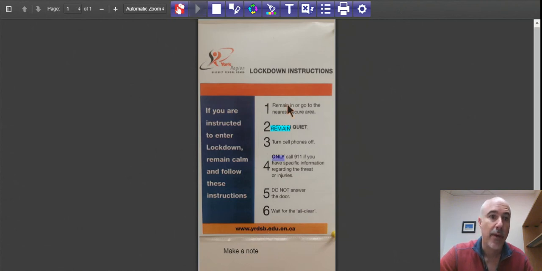What I will say when I'm using this tool is if the picture is not clear, and this one's a bit not that bright, it does sometimes have errors. Let's just try a couple other parts. Only call 911 if you have specific information regarding the threat. And follow. Imageries. So I see here, it jumped from this paragraph to over here. I didn't know how the text worked, in the sense that this is one piece of text and this is another. So some features might need a little bit extra work, but overall, a fantastic new add-on to Google